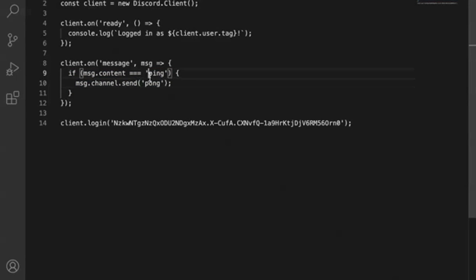So ping pong. But let's just say you want to change that, and you can add more lines of code like this, you can just add it one after the other. Then let's say I wanted to say if the person says hi, then the bot should say hello. How are